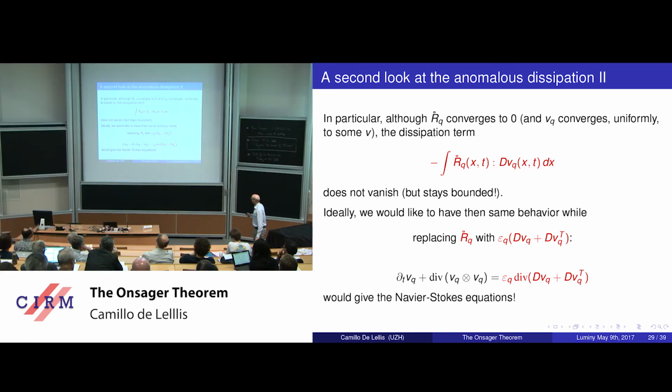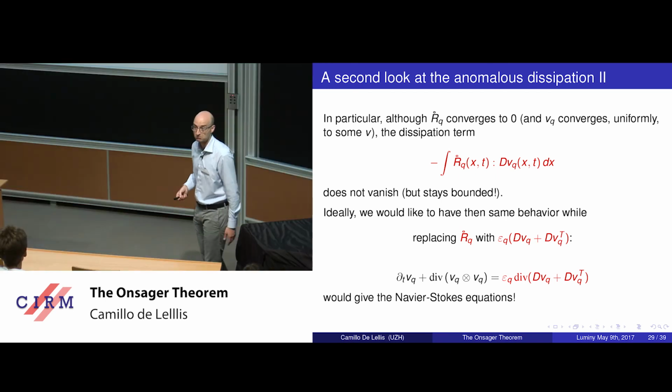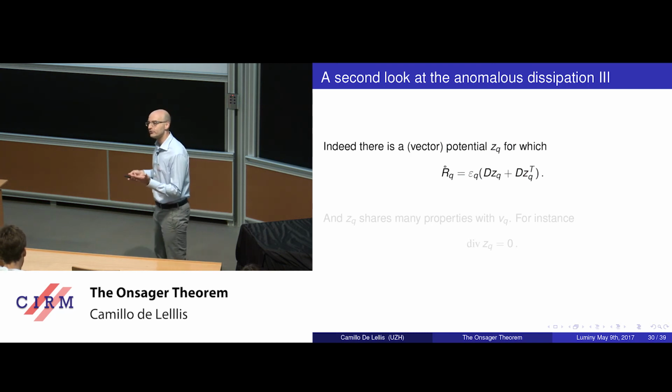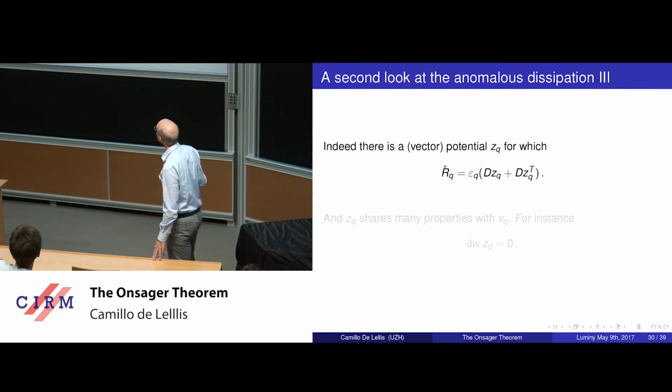And the reason, you might wonder, because I have this term in this equation, but since VQ is divergence free, when I take this divergence, this term drops out, and here I just have the Laplacian. So that's all I want to do. And actually, it's remarkable because in our construction, this R circle Q can be written in this form for a